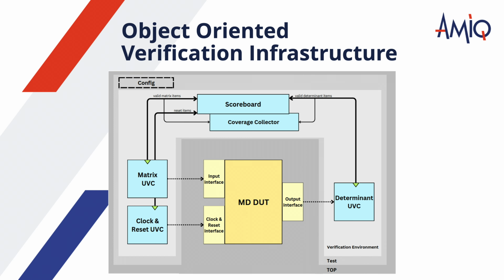Having a bird's eye view of the testbench allows us to put the notions we talked about in perspective. The DUT with its interfaces is in the middle, and those interfaces are driven and monitored by protocol-specific UVCs. UVC means a universal verification component. The monitored stimuli recorded by these UVCs are passed through ports to the scoreboard, which does the checking, and the coverage collector, which records the metrics. This is how all of the concepts discussed fit in the bigger picture.